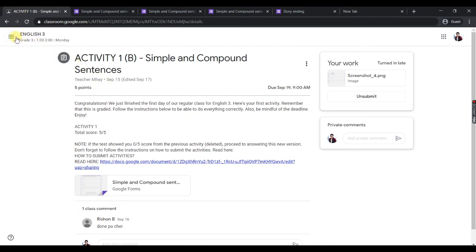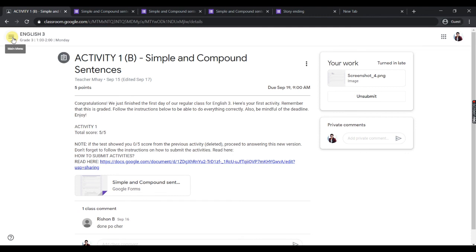Yan. So anyways, that's just how you submit the activity. Diba? Madali lang. Kung gusto nyo ng picture, just send the picture. Kung gusto nyo ng Google Drive link, just send the Google Drive link. Okay? In my case, what I do for my students and for the parents para convenient on their side is